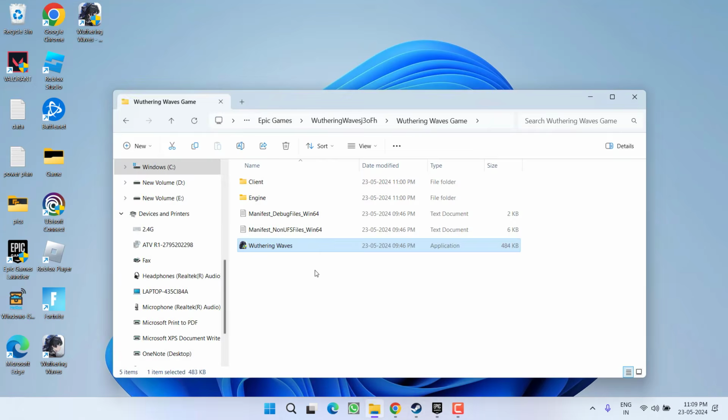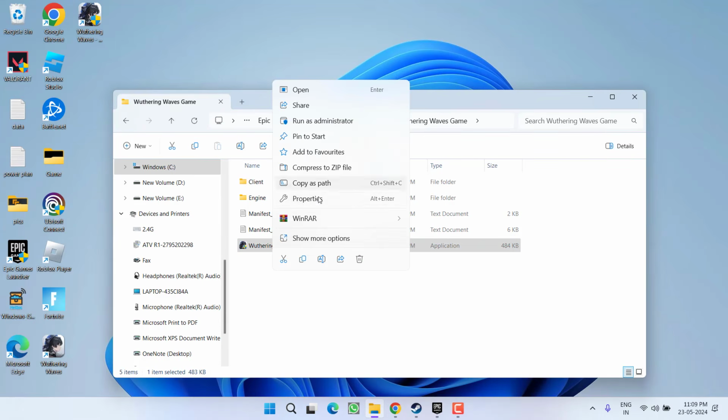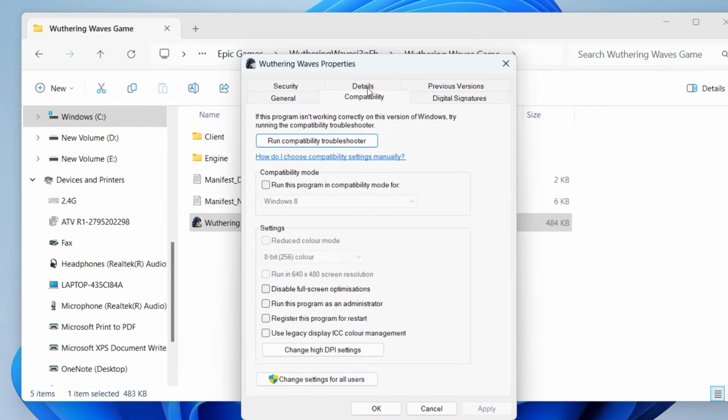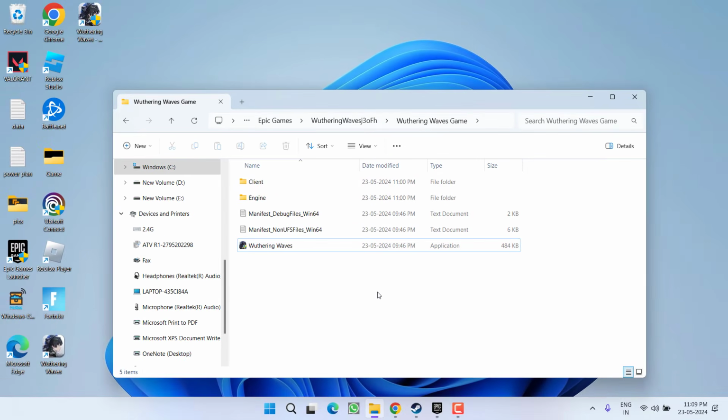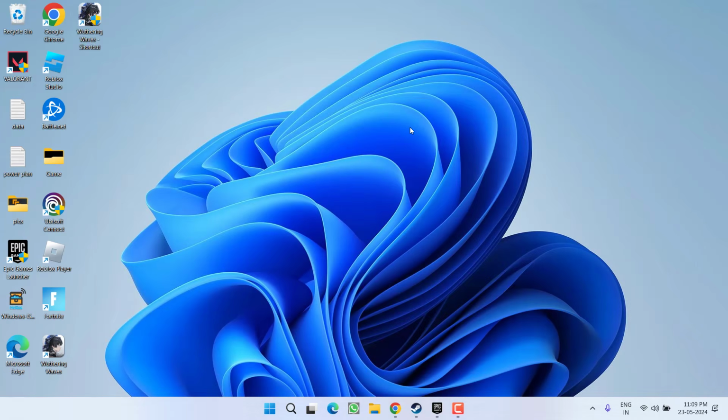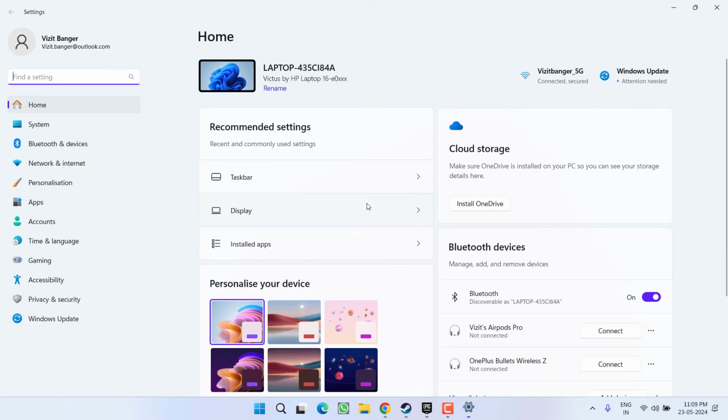If this doesn't work, right click on it and choose the option properties, click on the compatibility tab and check mark two options: disable full screen optimization and run this program as an administrator. Hit apply and OK. Once you have done these changes, restart your Epic launcher and then launch the game only using this particular exe file by opening the installation directory of the game, and this will fix the issue of the UE4 client game has crashed. If this fails to work out, next I have a simple tip for you.